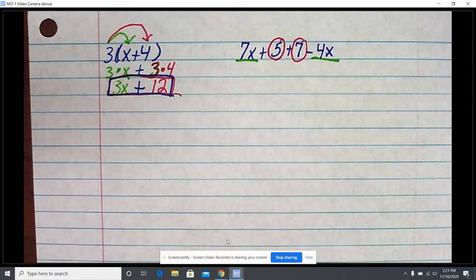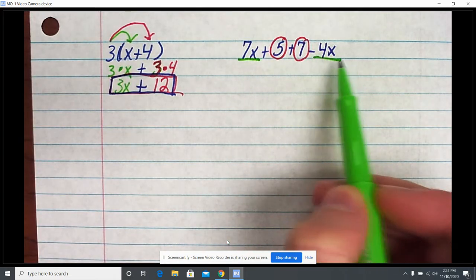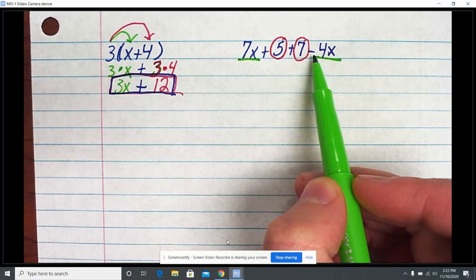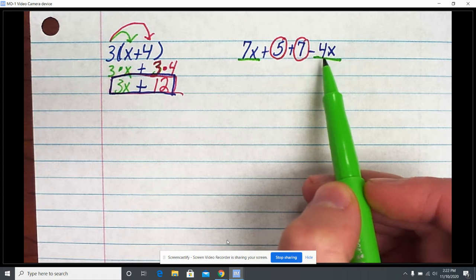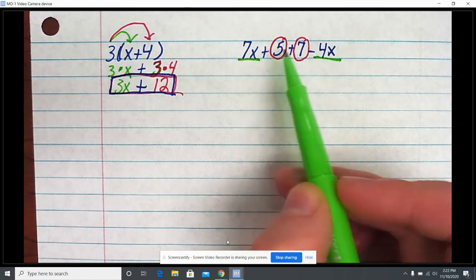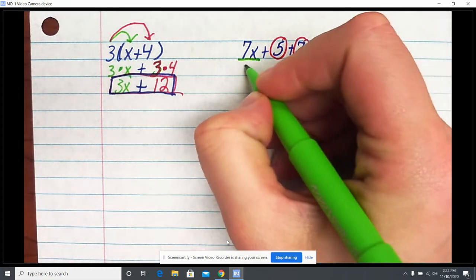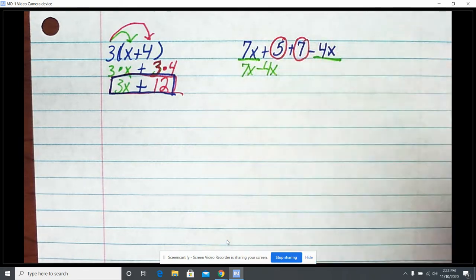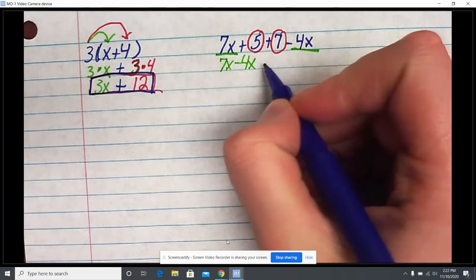All right, so let's start with our underlined ones. So you have to pay attention to the second term that you underline, because whatever operation is in front of that is going to tell you if we're going to add or subtract. So between my 7x and my 4x, I look at my 4x. There's a subtraction sign in front of it, which means I'm taking 7x minus 4x. All right, so that means 7x minus 4x plus